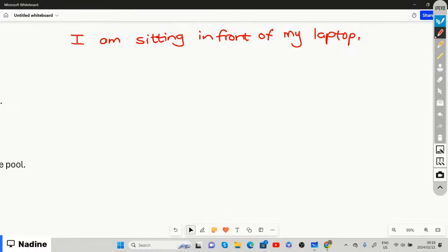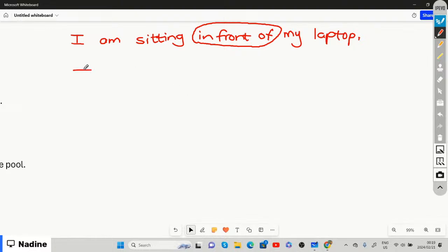So someone is either sitting in front of, like for example, Divine is sitting in front of her PC, Judy in front of the laptop, Samuel in front of the tablet, or in front of the TV, right? The television. But now our preposition is in front of because it tells us where either the laptop, the PC, the tablet, or whatever is, right? Like, for example, the tablet. Because a tablet can easily just be in your hand,